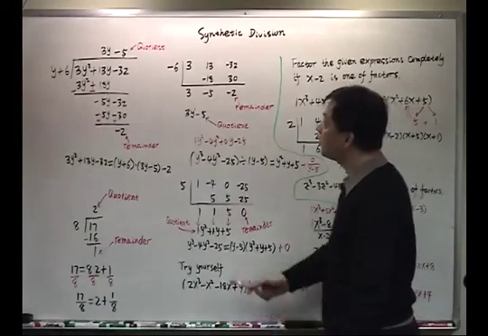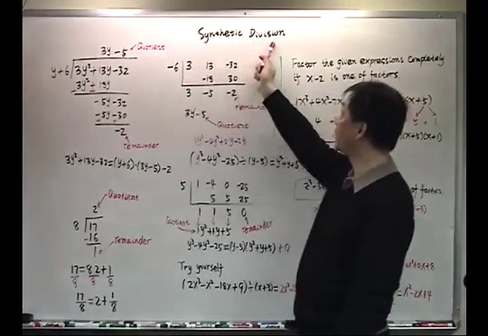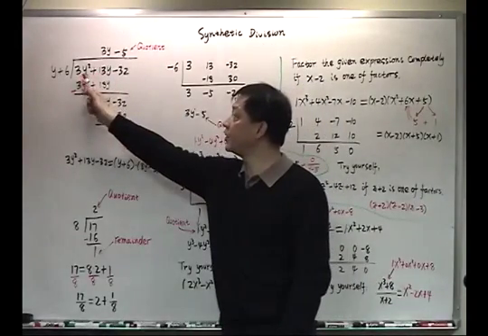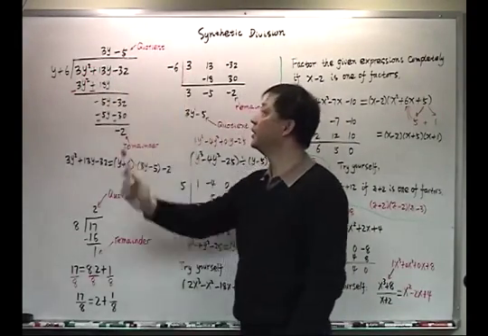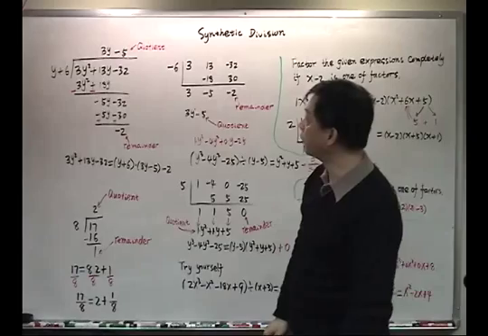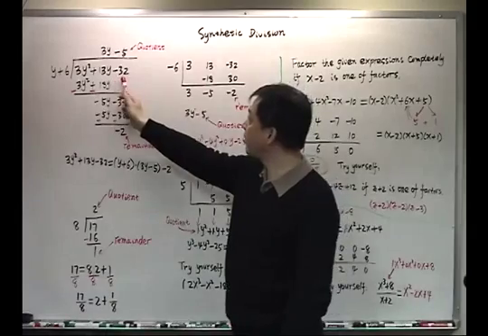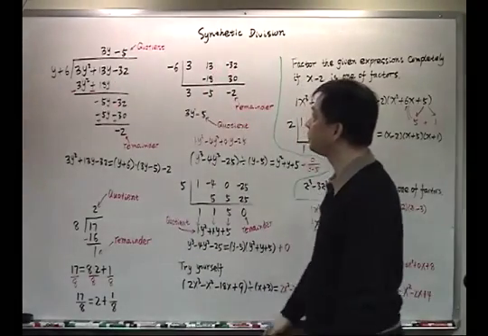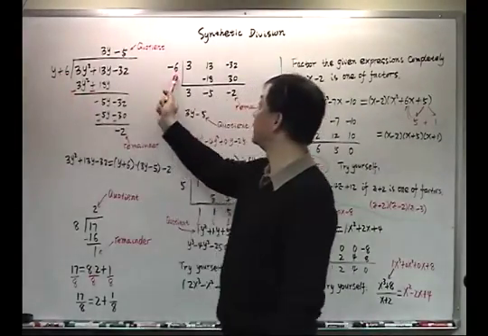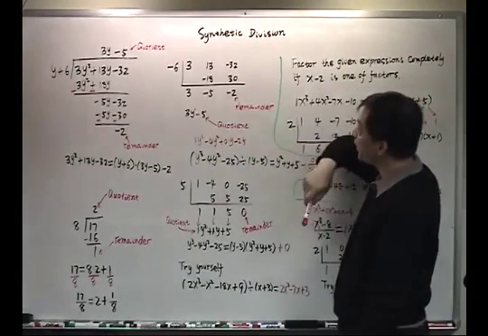Now, the simplified version of long division is synthetic division. You take 3, the coefficient of y squared, to here. Take 13, that's the coefficient of y, to here. Take negative 32, the constant, to here. Change the sign of 6 and put it here. The way we do synthetic division is that